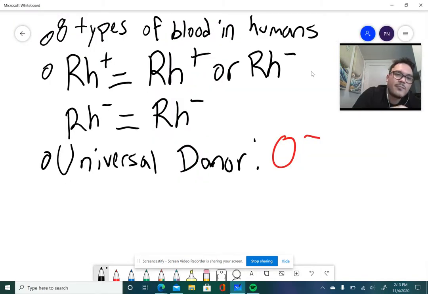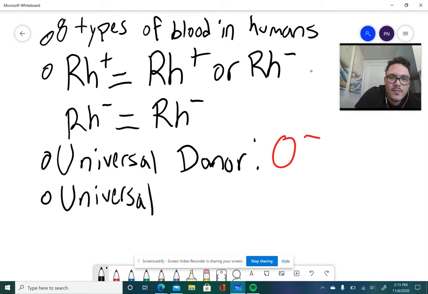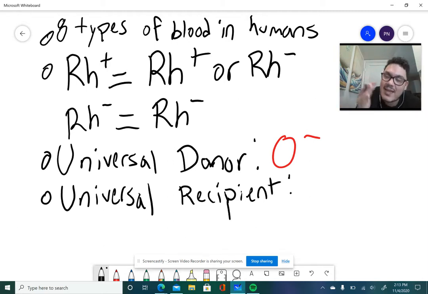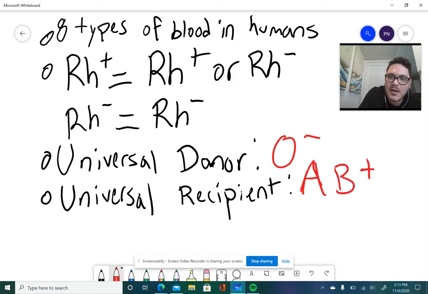There's a term for that. We refer to this blood type as the universal recipient. And specifically, what type, it is AB, but we have a very specific answer for this. It is going to be AB positive. So AB positive is going to be the very specific blood type that is considered universal